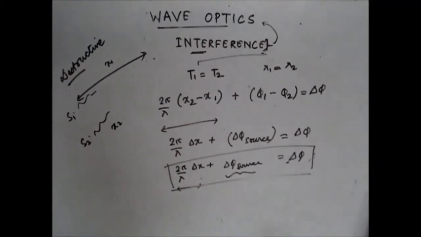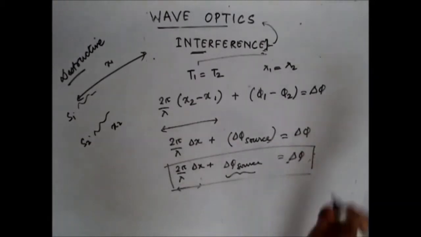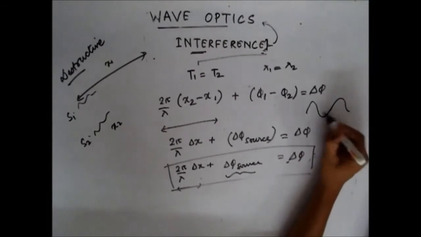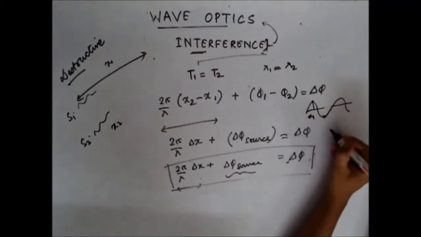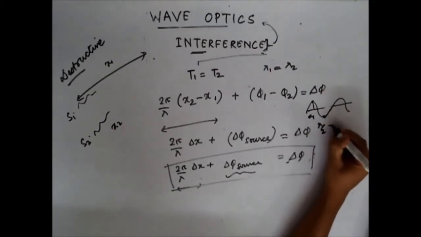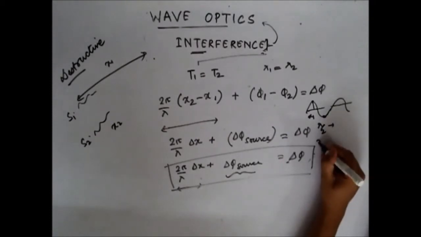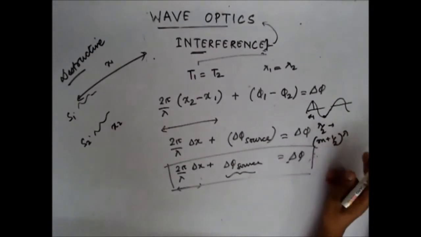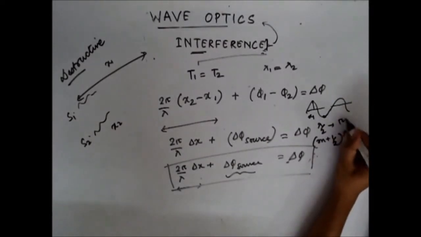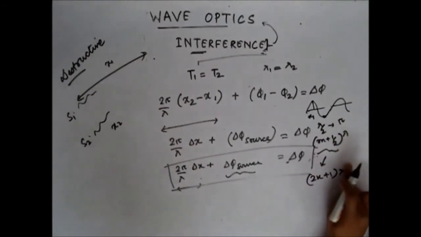Now for constructive interference, we saw that the phase difference should be 2k pi. When we took a single wave, as I told you, this point and this point were out of phase. That means for a given x1, if I took a point at a distance of lambda by 2, I got a point which was out of phase with respect to that point. Or in general, if we take a point at a distance of m plus half lambda, we get a point which is out of phase. Lambda by 2 was equivalent to a phase of pi, and m plus half lambda was equivalent to a phase of 2k plus 1 pi.